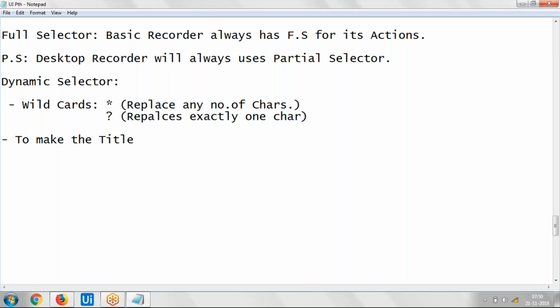We simply unchecked that. But if you want to make it dynamic, what you can do is